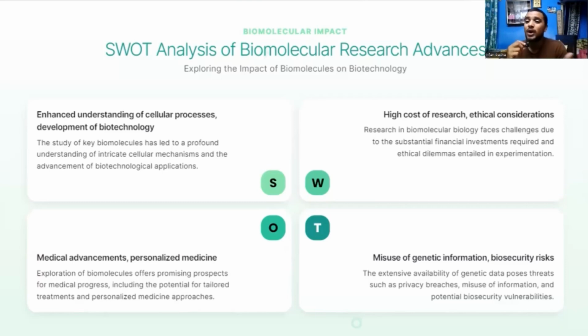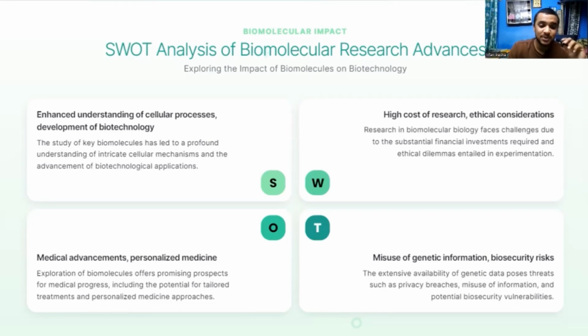We have advanced in biotechnology and we've been focusing more and more on human life and how life happens, how life exists, how we can make certain minor changes which will leave a huge impact in the future. High cost of research and ethical considerations, and governments are giving huge support toward R&D, research and development, in these fields. I hope the Indian government also does the same, right?